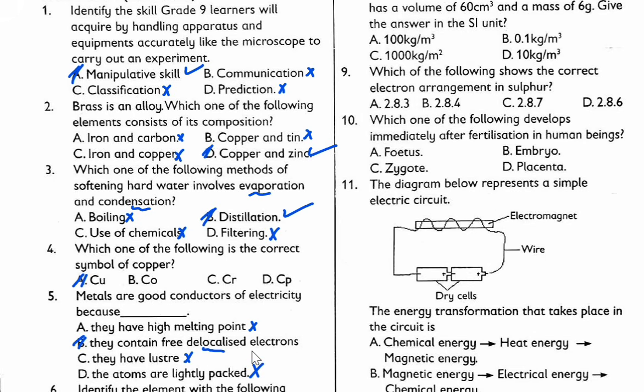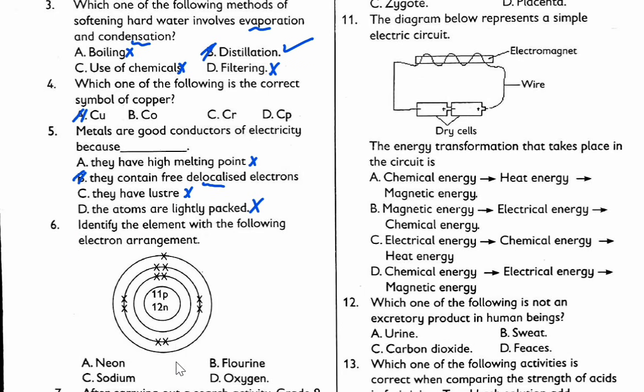This means that metals have free moving electrons in their structure, which carry charge and allow conduction. That's why they are good conductors of electricity. Let us go to question number 6. Identify the element with the following electron arrangement. Here you can see we have an element. A, neon. B, fluorine. C, sodium. D, oxygen. So you can see here we have 11p, p to stand for protons, 11 protons, and 12n to